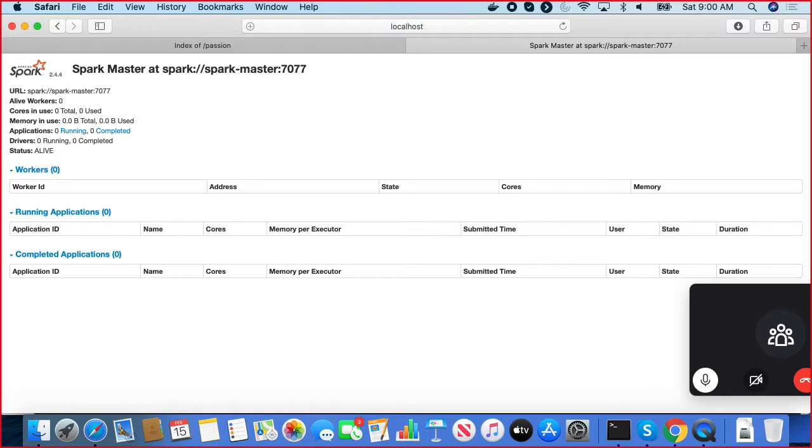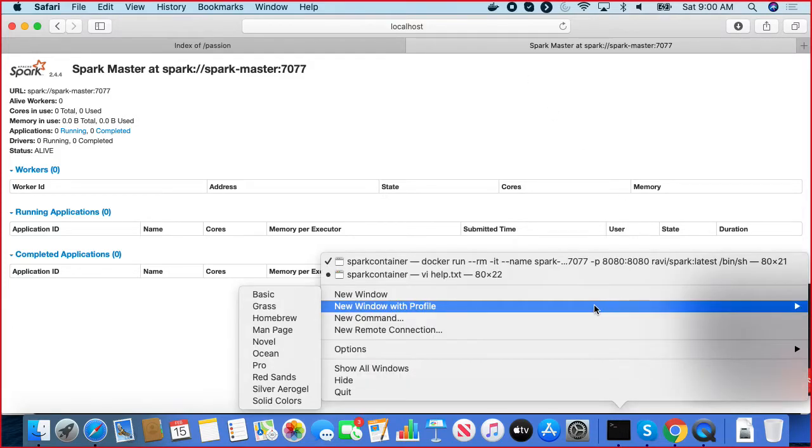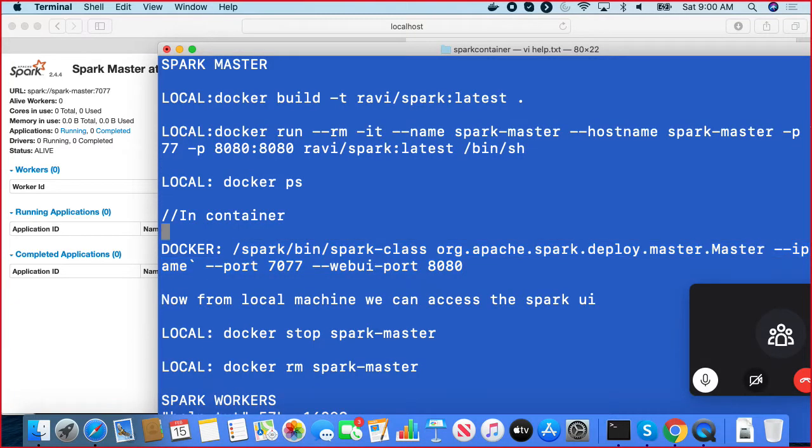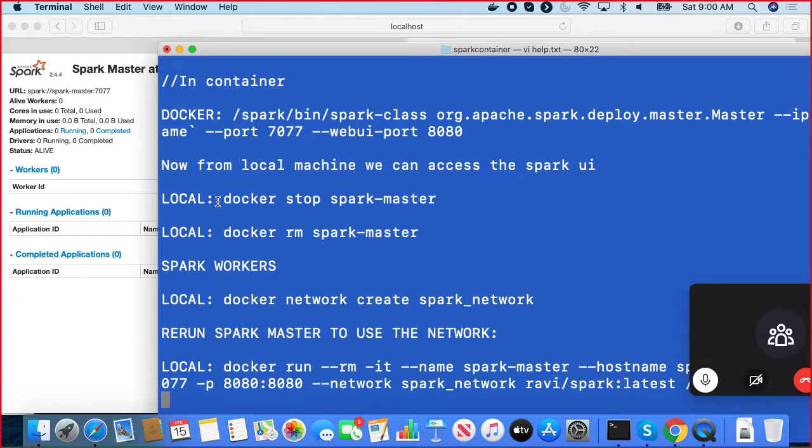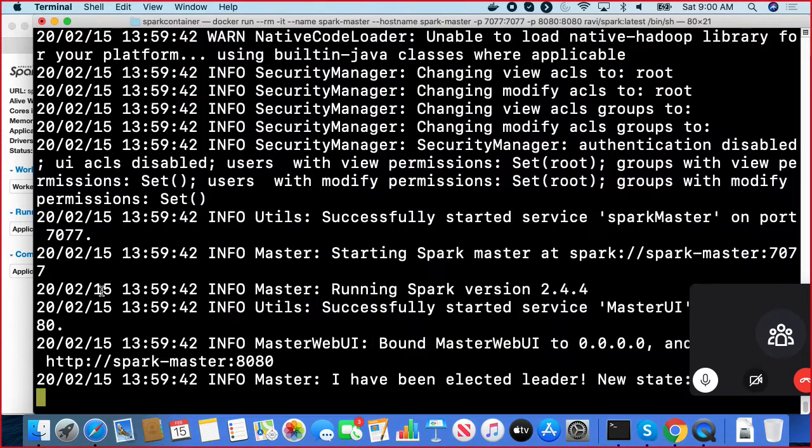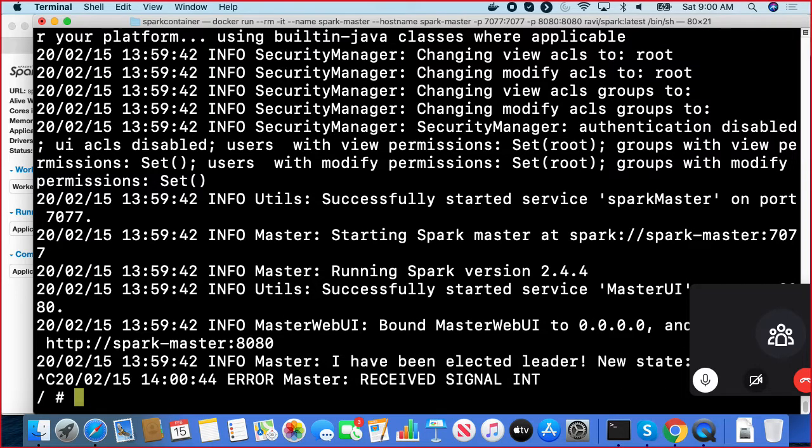Master is like a name node. Who is going to manage the resources, manage everything for you? What I want is workers. So I am going to go back to my command now, right? New window with the profile Spark container via help.txt, right? And then I'm going to stop all these things. And I'm going to remove that Spark Master. So Control C,